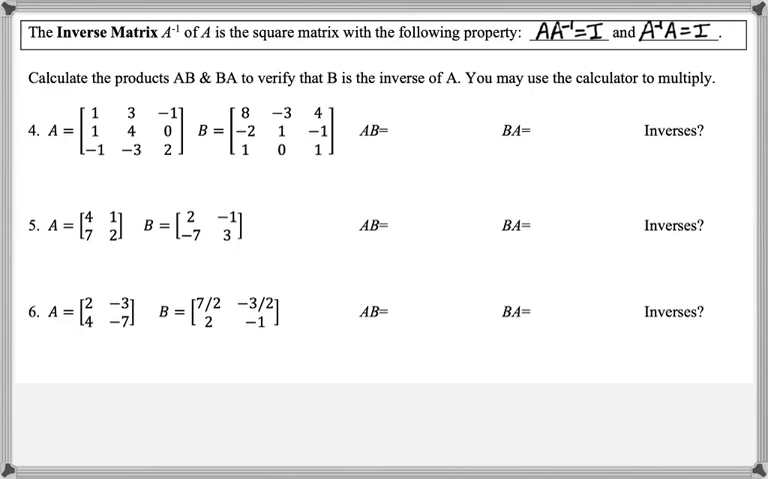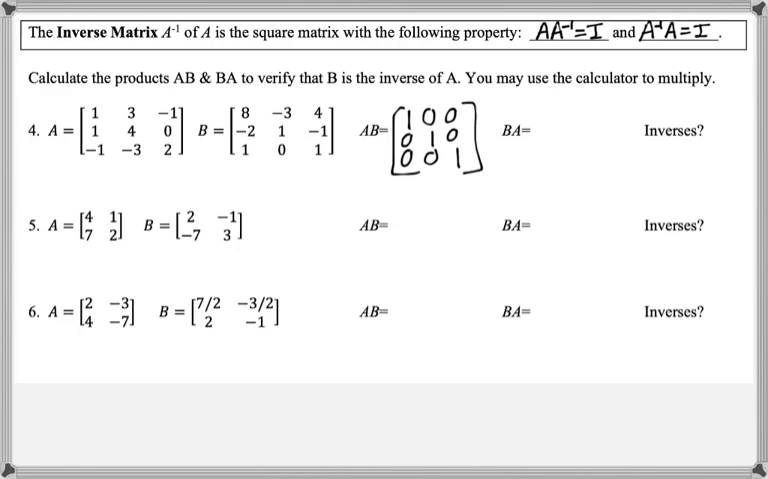You may use the calculator to multiply. So on the calculator, we want to enter in this matrix into matrix A and this matrix into matrix B, and then multiply A times B. So if we do that, we get the 3 by 3 identity matrix